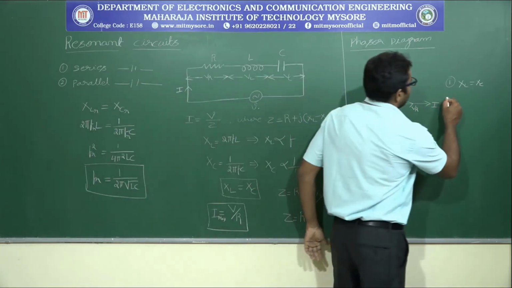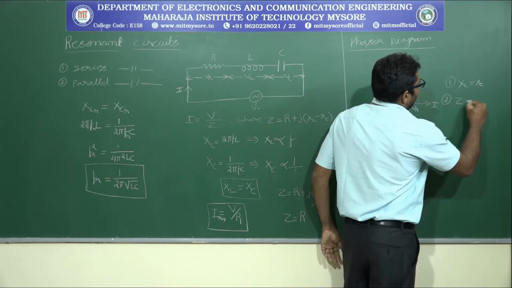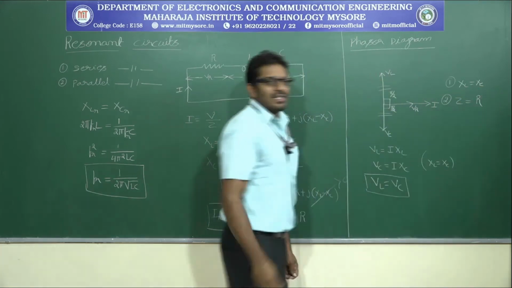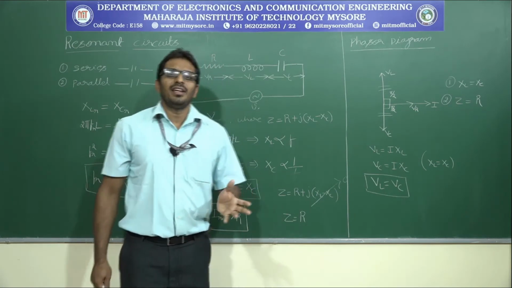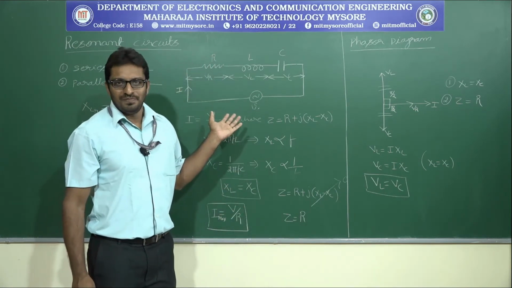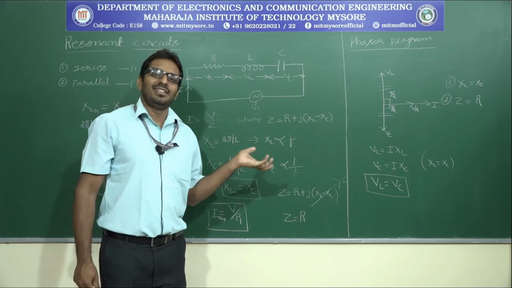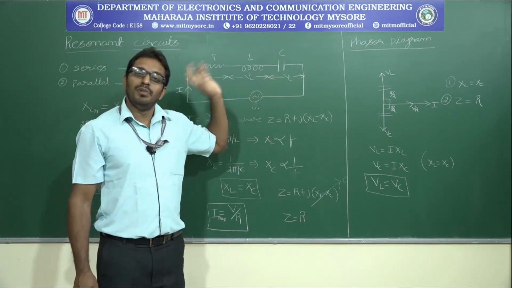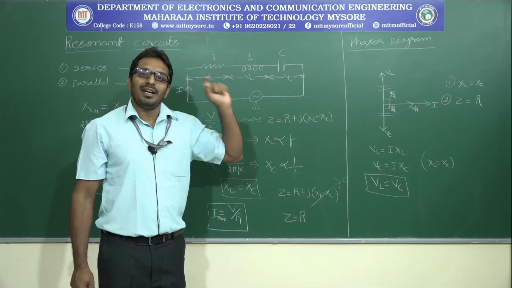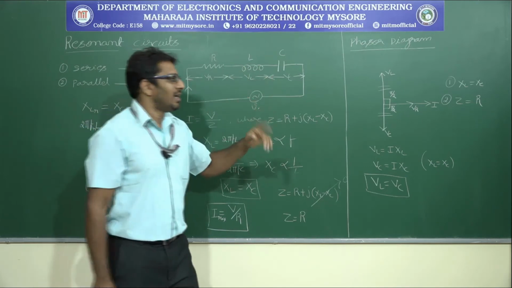Second one, Z is equal to R. What is this Z is equal to R? The impedance of the circuit is nothing but the resistance value, because XL cancels XC, therefore the impedance of the circuit behaves like a purely resistive one. Is that clear? Next one,